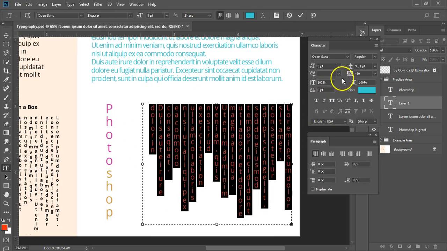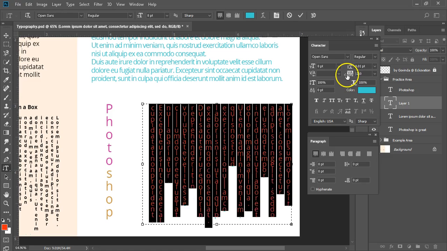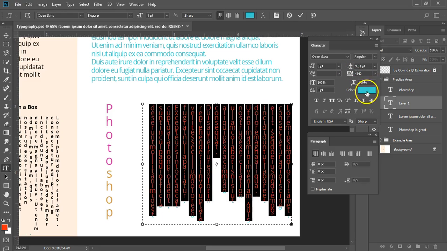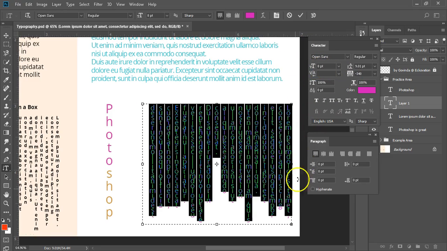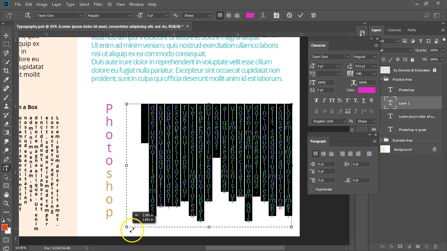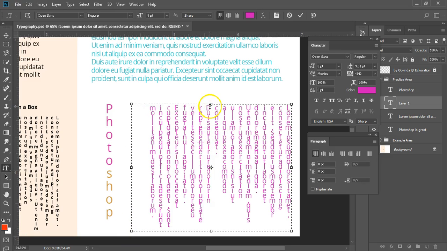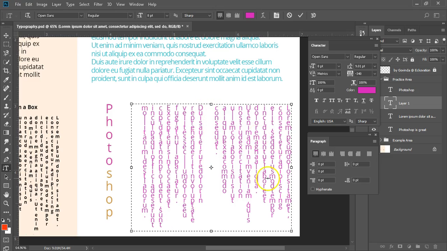For quick customization, select all the type in the box and change its color. Let's also change the tracking a bit. Adjust the size of the bounding box as desired. And finally, create a line break in the paragraph and create a separate paragraph as well. Now click on the middle of the right paragraph and go to Control Panel and change the alignment to top.